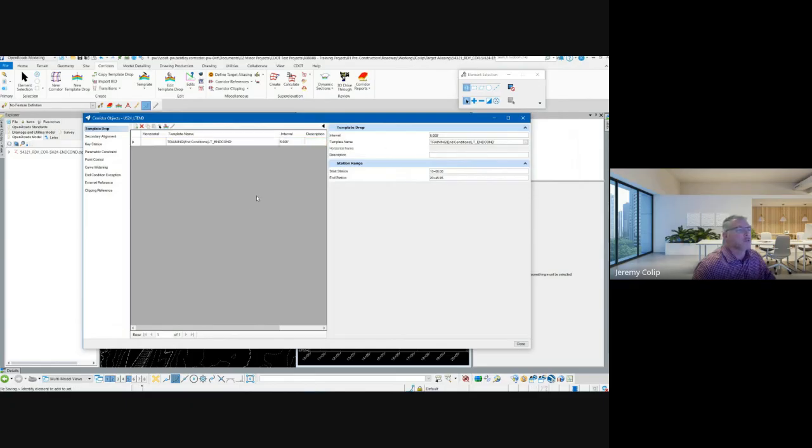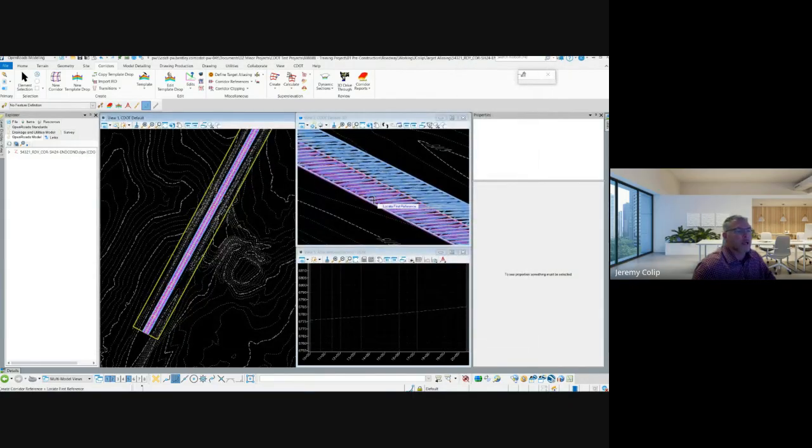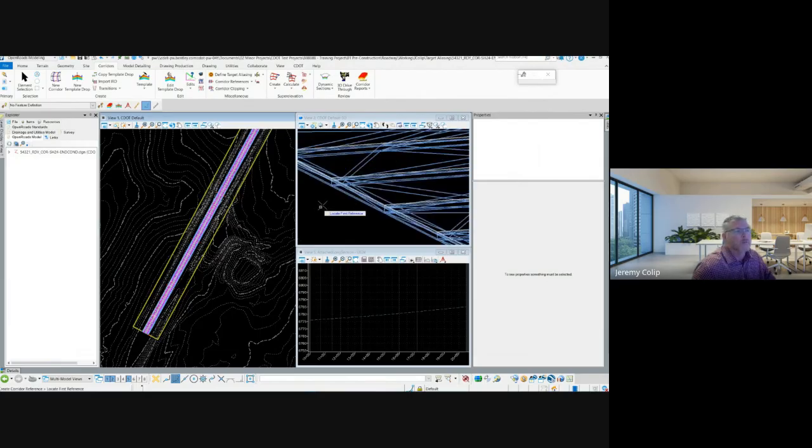One thing I always like to do as well is I click off of this to make sure that this is just black lettering, that I don't have blue to where it's not finding it, or red because it's not synced. So those are the things I always like to do. Even after I've done it, it's just kind of a double check to make sure. So like Matt said, what I'm going to do is I'm going to come and create an external reference. That external reference that I want to create, I want to make sure that I'm using my 3D view. This is anytime I do an external reference where I'm referencing a corridor, because you can see I have a